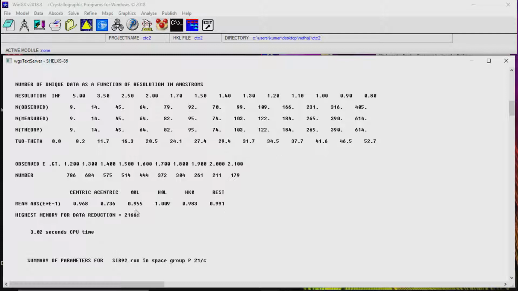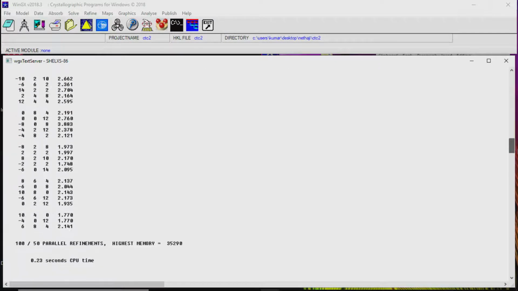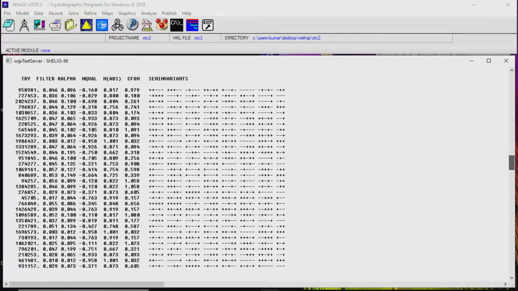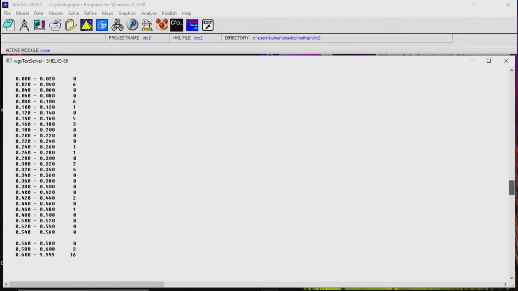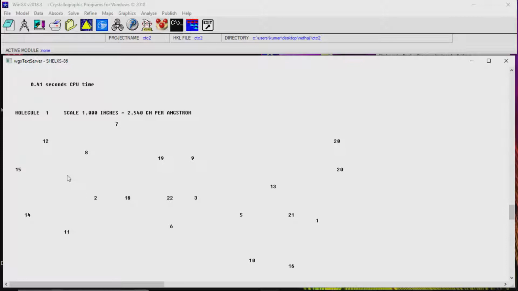The data shows 0.95, 1.0, 0.98, 0.98, that is 0KL, H0L, HK0. This is all data which is close to centrosymmetric. So, the structure is confirmed centrosymmetric. And here are the phase determinations and all the semi-invariants. We can see now for the best solution, it has got the molecule like this, a 6-member ring and something